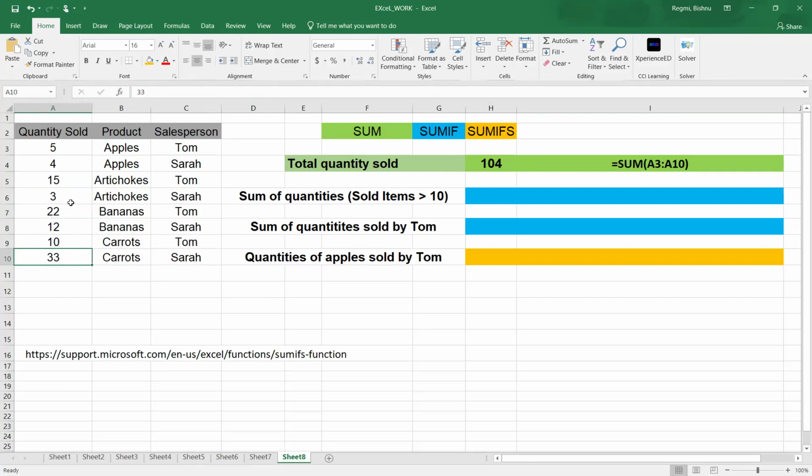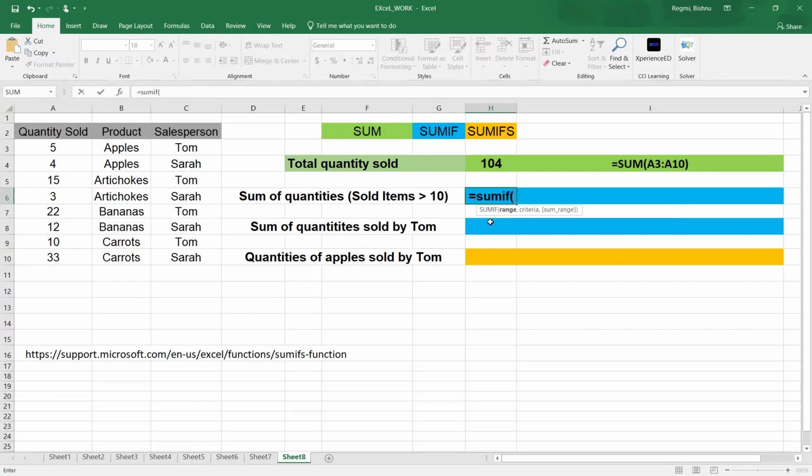So these are the items or number of items sold more than 10. So in that case, if you want to apply a conditional criteria, then you have to use the SUMIF function. And how we go is this way. You write equal and then SUMIF and then